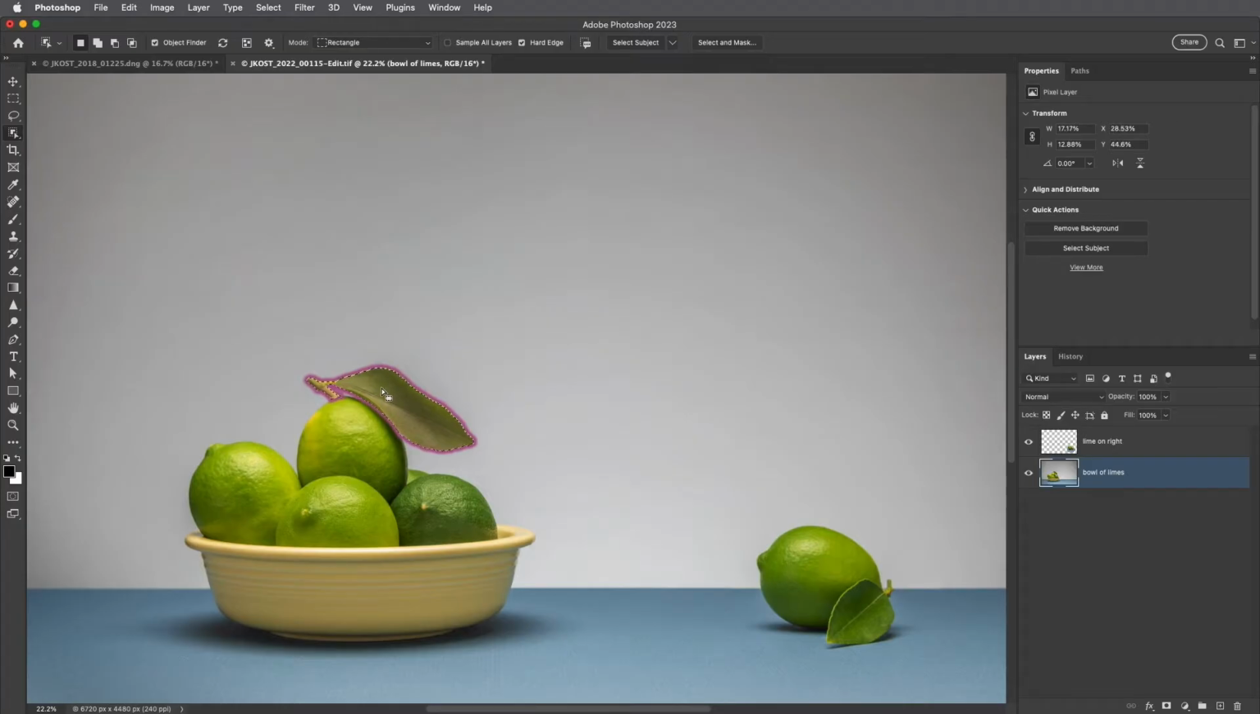To add to, subtract from, or intersect more than one selection, use the icons in the Options bar or hold down the Shift key in order to add to the selection, the Option or the Alt key in order to subtract from the selection, or the Shift key plus the Option or the Alt key in order to intersect a